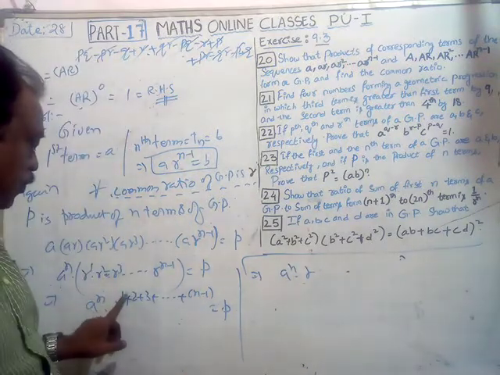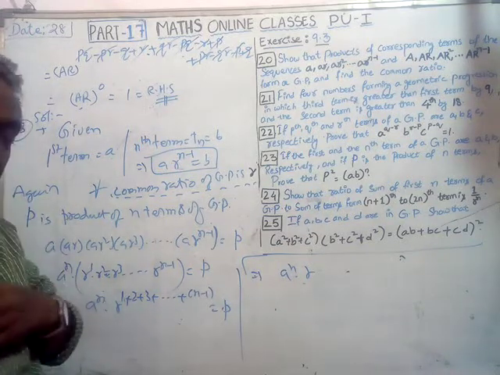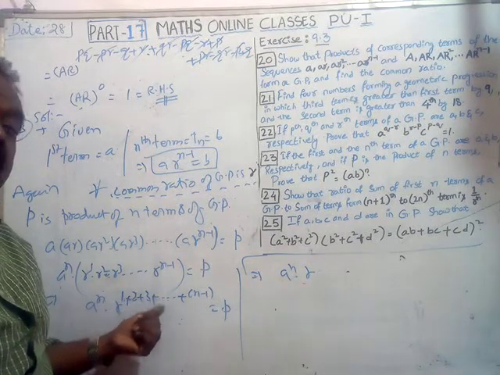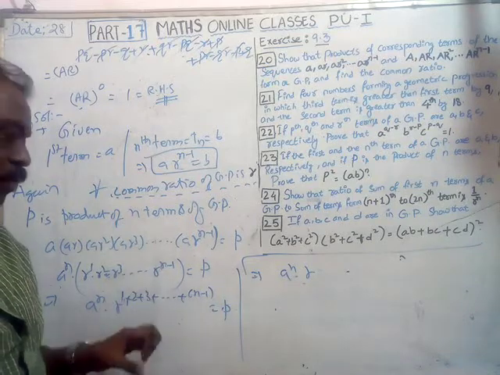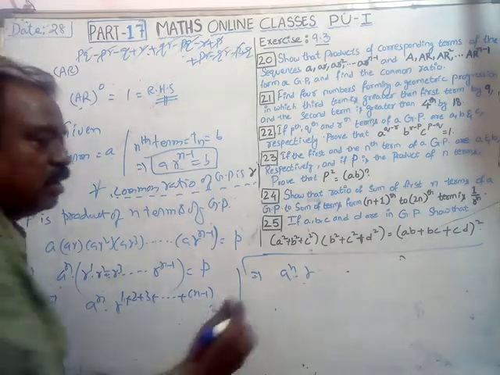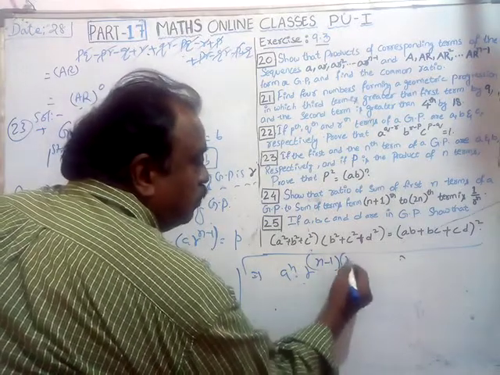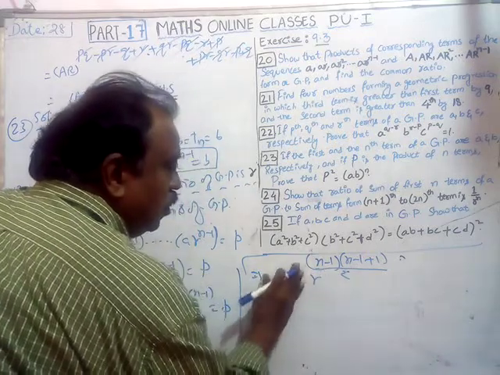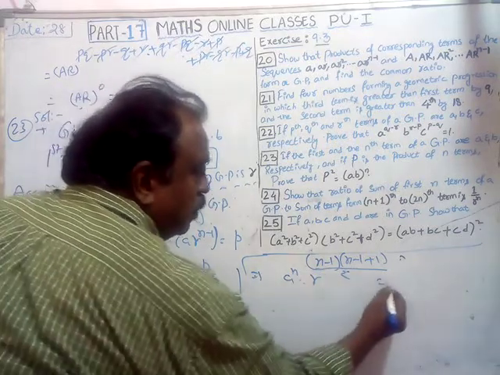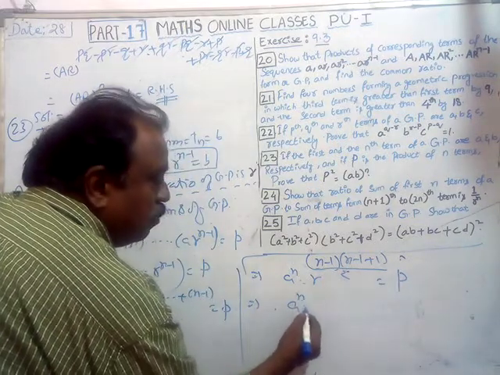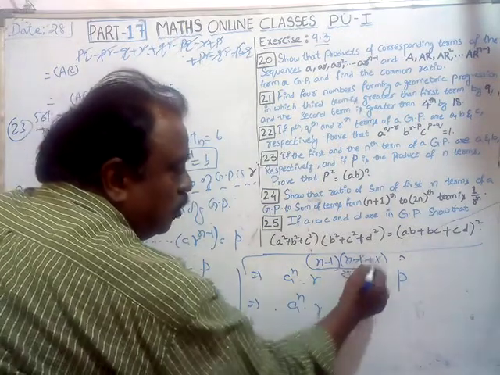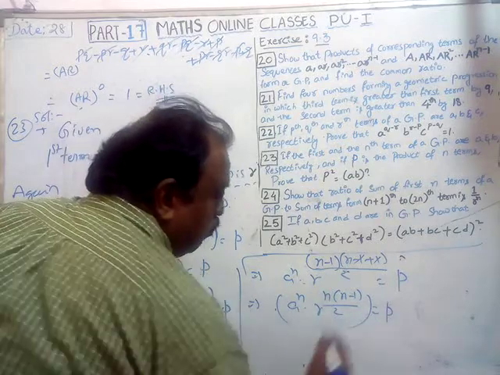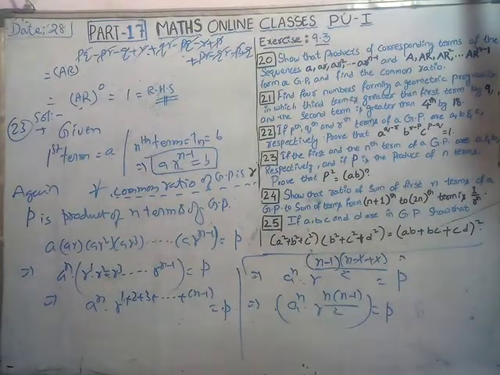This is the sum from the mathematical induction, the second chapter I told you, we discussed in college. That is, sum of n natural numbers is n of n plus 1 by 2. But here n minus 1 terms are there, so n minus 1 of n minus 1 plus 1 by 2 is equal to P. So A power n, the R power, here 1 cancels, it is n of n minus 1 by 2, is equal to P.